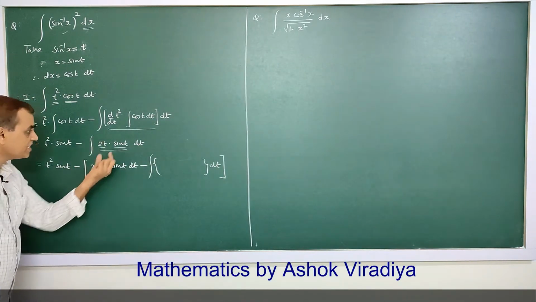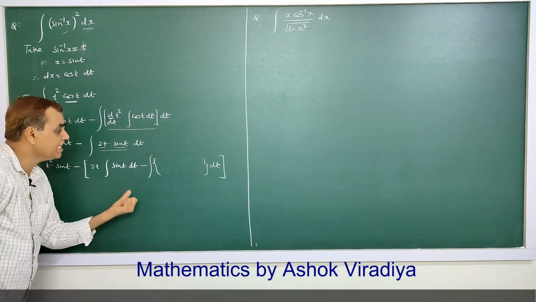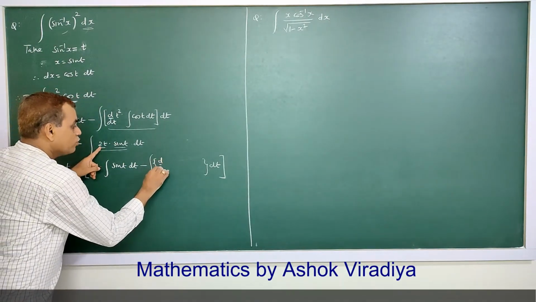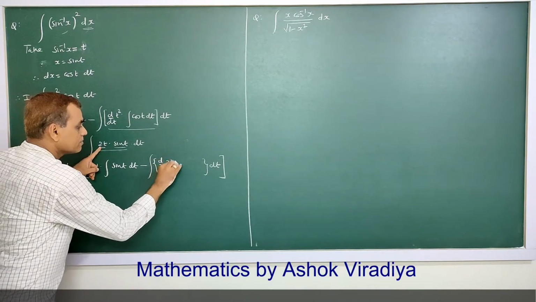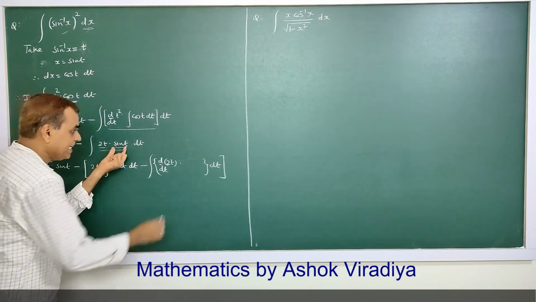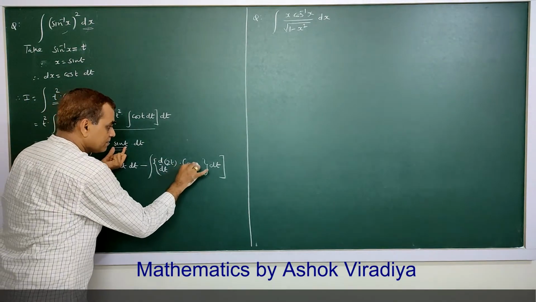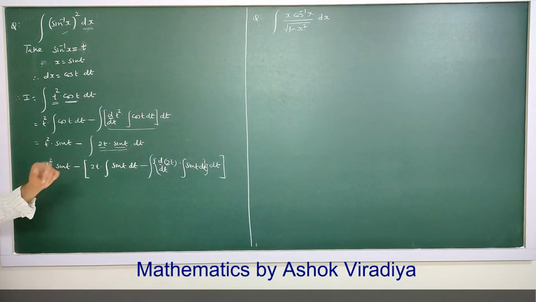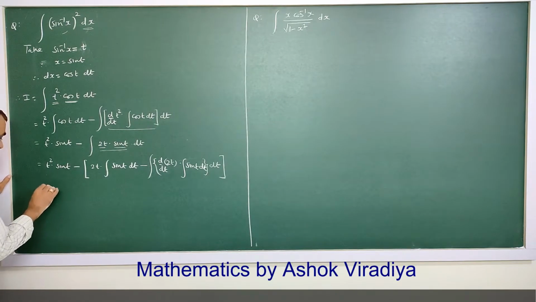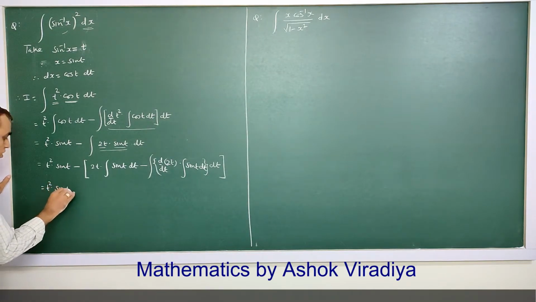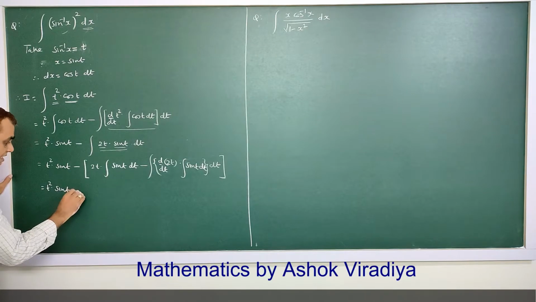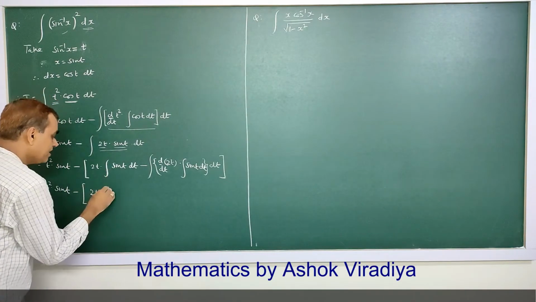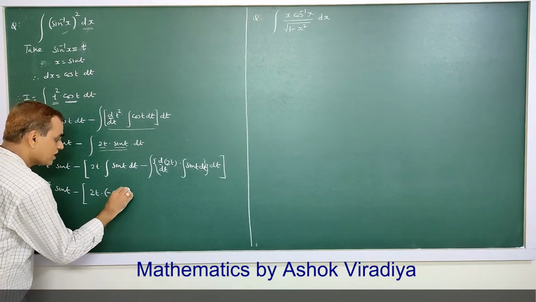In the box, derivative of u into integral of v. So this is equal to t square into sin t minus 2t into its integral, which is minus cos t,